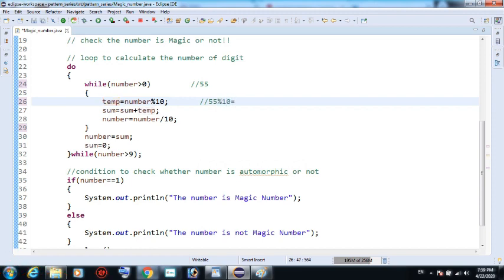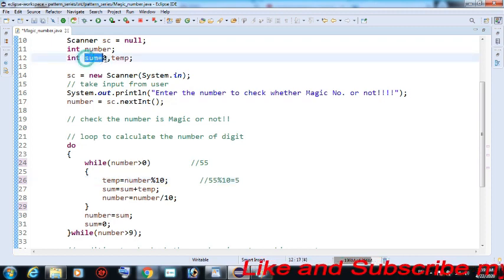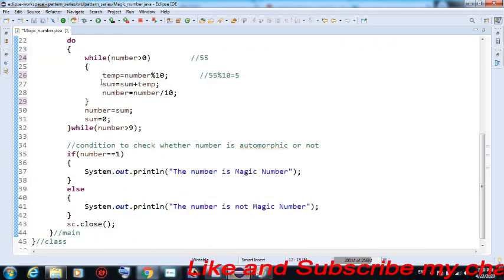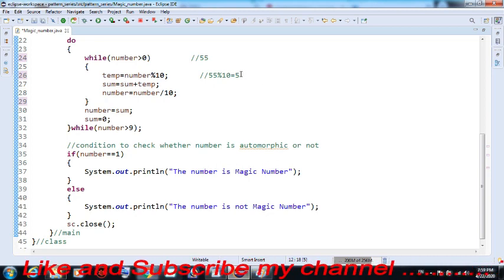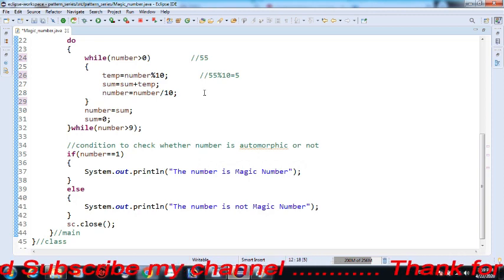55 % 10 equals 5. So temp equals 5. Next step, sum equals sum plus temp. Initially we take a sum value of 0. So here sum equals sum plus temp, which means sum equals 0 plus 5. The temp value is 5. Then next step, number equals number %